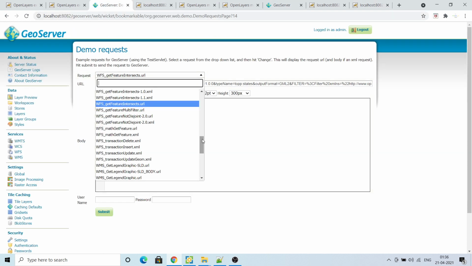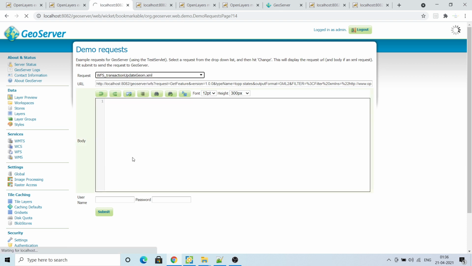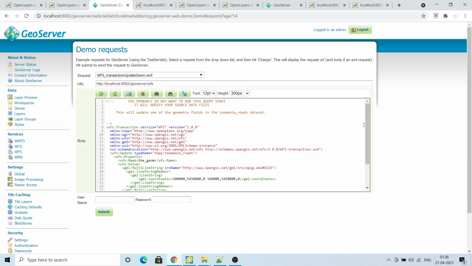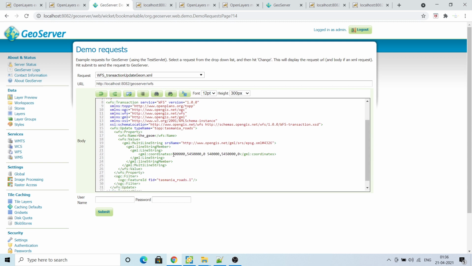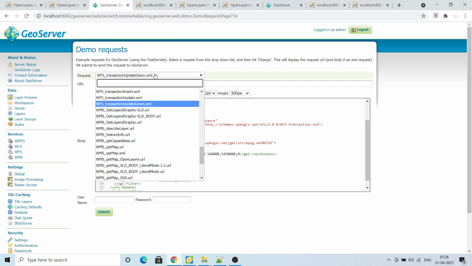And also for transaction, meaning updating, deletion and everything. If you want to update the geometry of any feature, you can use this query. It will update the feature with these coordinates, which has this FID.